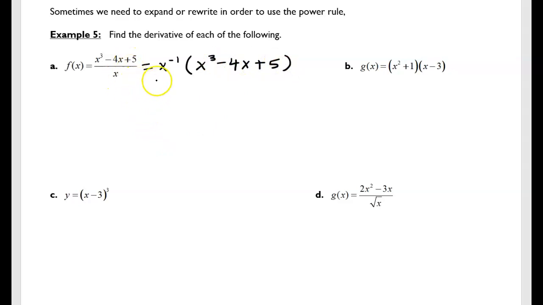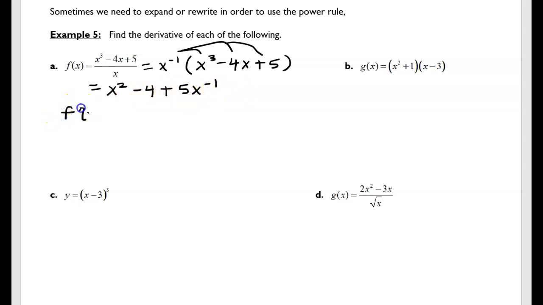So that is really just, if I distribute that through, x squared minus 4 plus 5x to the negative first. Okay, so that was just distributing each of those terms. Now I haven't actually taken the derivative yet. That's just my simplified form of f of x. Now that this is in the form of a sum and difference of powers of x, I can go ahead